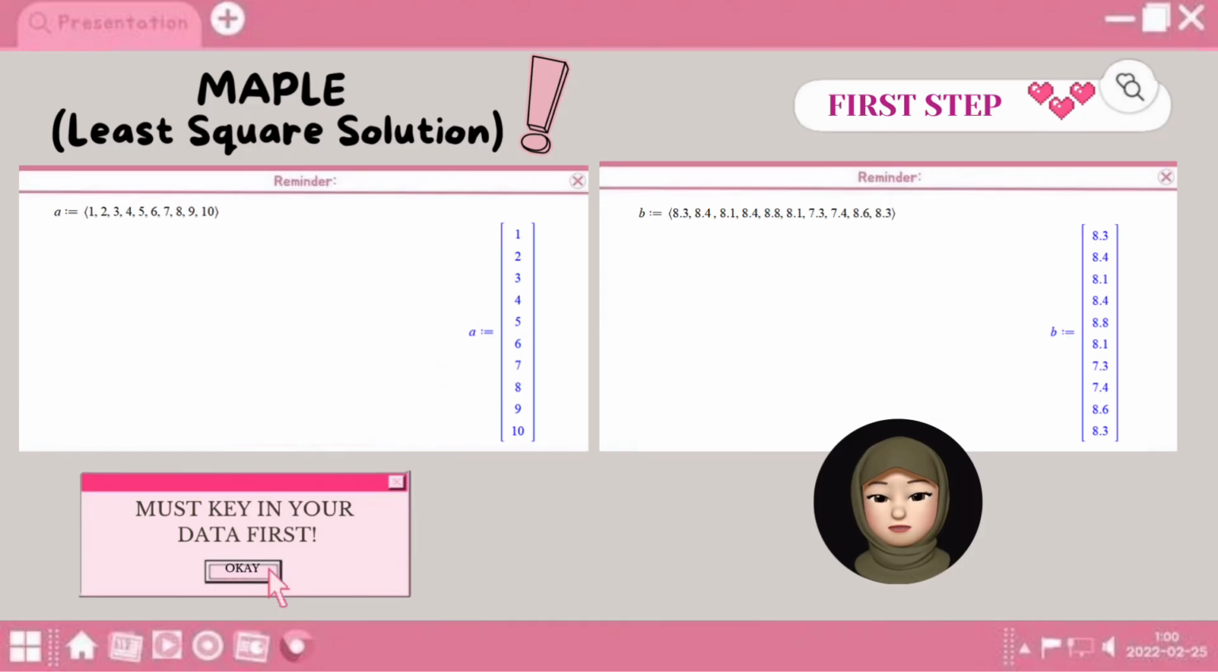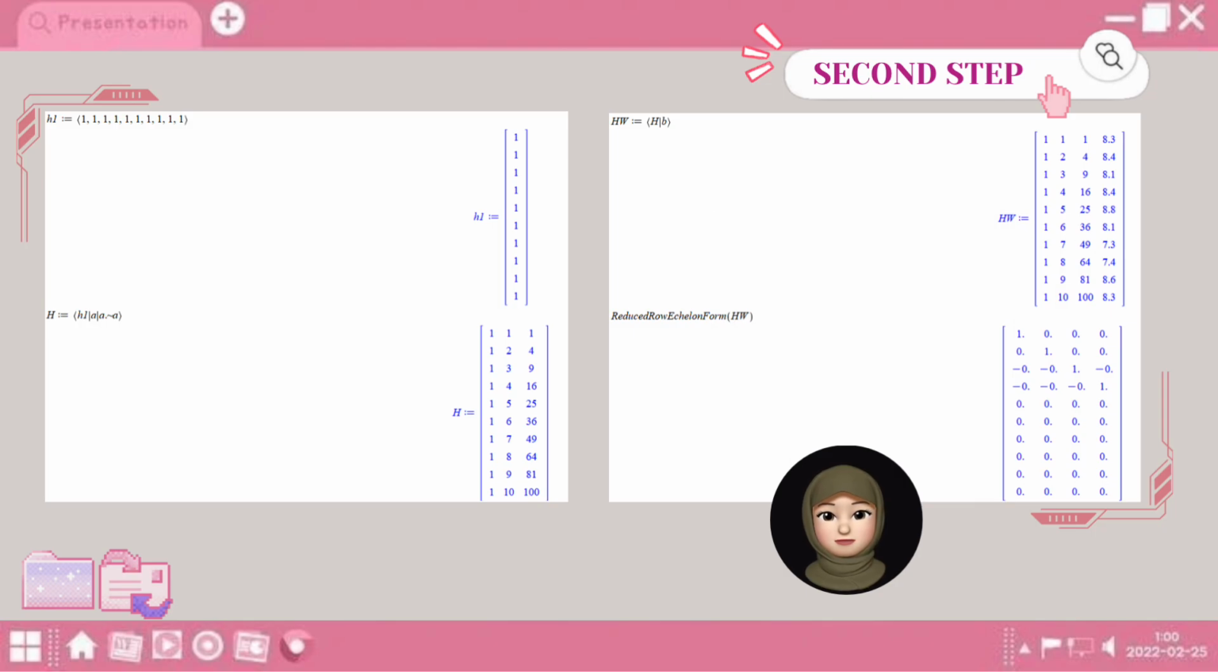We use the MAPLE application to do the same calculation, and as we compare between manual calculation and MAPLE, we could see that MAPLE is easier and faster to get the results. We don't have to calculate, just insert the data and the formula to get the output. For the first step, you must key in the data first, and I insert the times as A and the value of rate of death as B here. And over here, we just have to insert the formula like I did here to get the reduced row echelon form